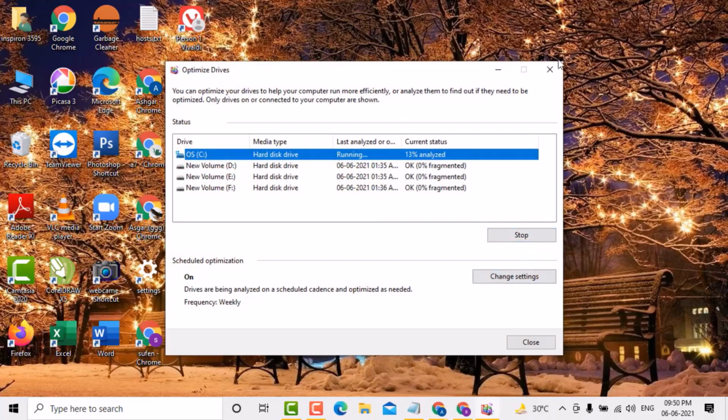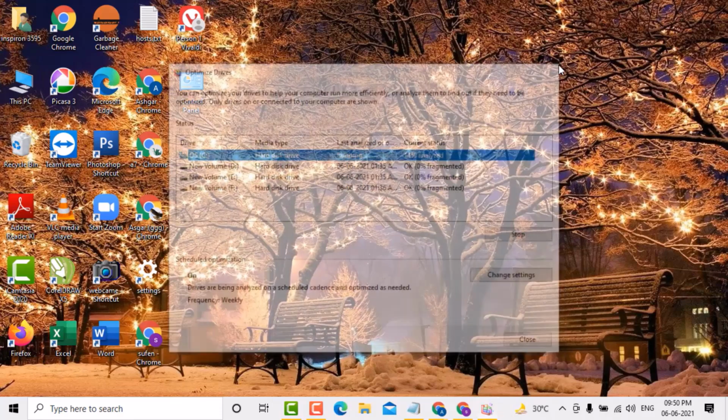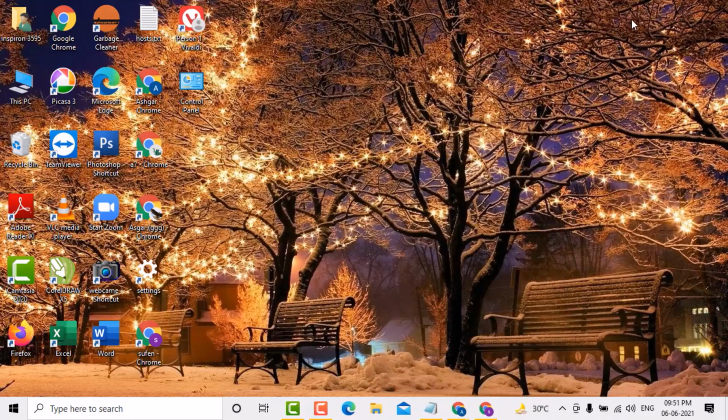That is it. So guys, this is a very simple and easy method if you want to defragment your PC's hard drive on Windows 10